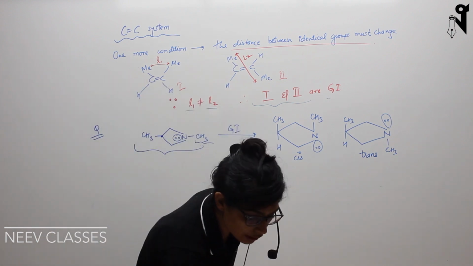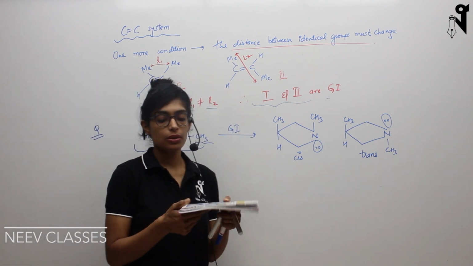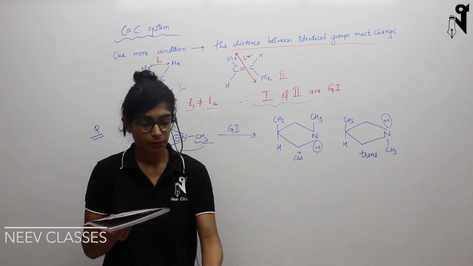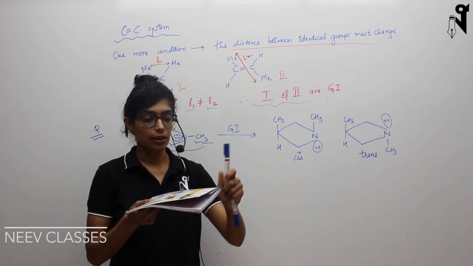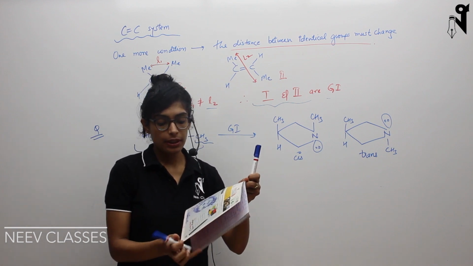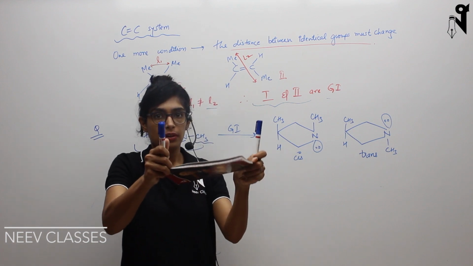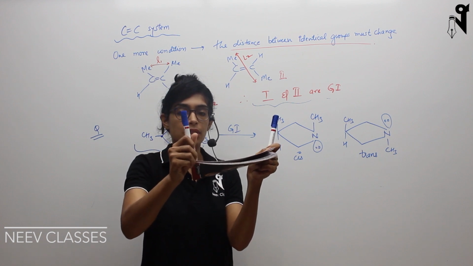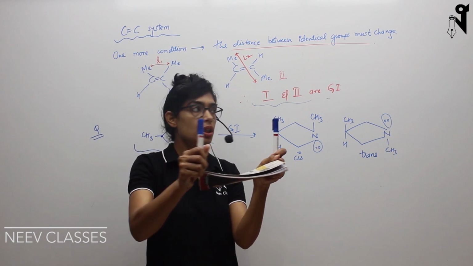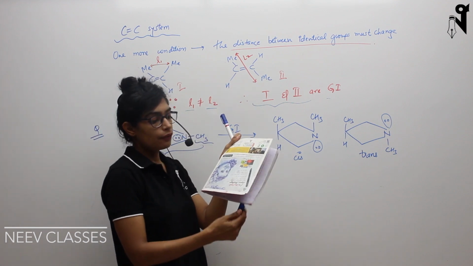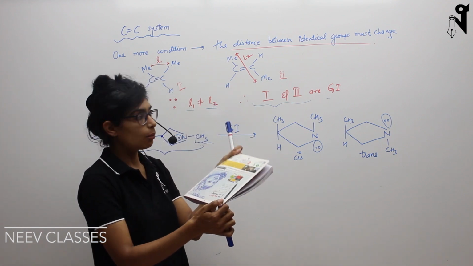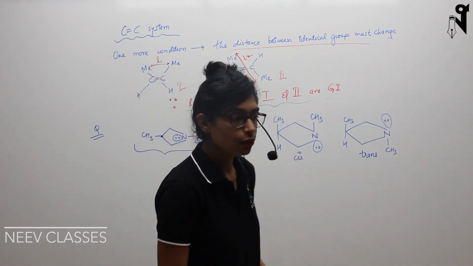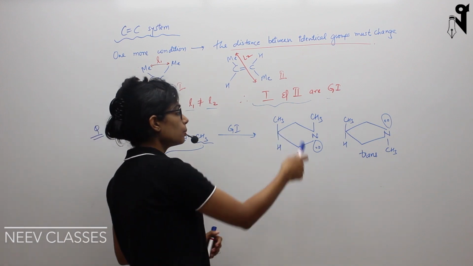Basically this is the molecule, this is your carbon, and this is your nitrogen. This is a planar molecule. So here if I place CH3 here and if I place CH3 over here, this atom is nitrogen and this atom is nitrogen, but these are two CH3s facing towards each other. So this is going to be your cis, and if it is facing downward, that is away from the viewer like this, then it is going to be trans.